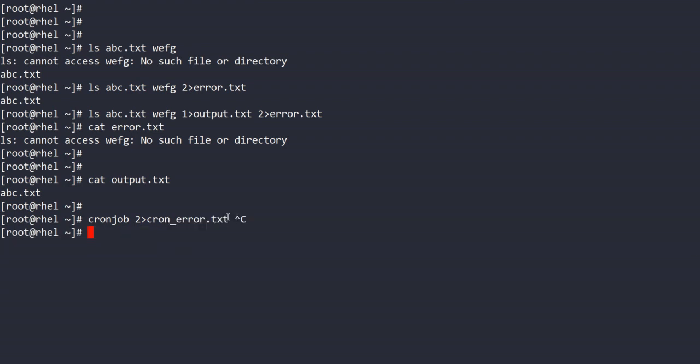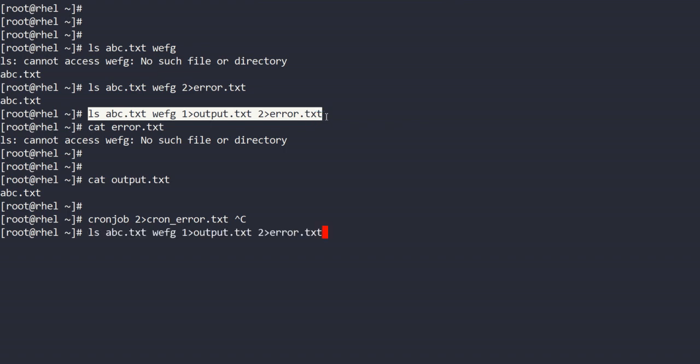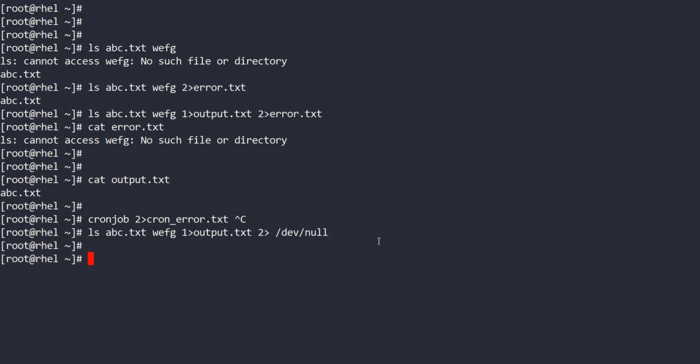So at any time you can access this file and see what exact error is produced by my cron job. One more thing is also there. This was the command. There is /dev/null. /dev/null is a special file in Linux that takes all the inputs, but it's like a null directory. It doesn't get filled. It is like a hypothetical type of directory. So in this way, if you don't want to store your output, you can redirect it to /dev/null. You can do this thing.